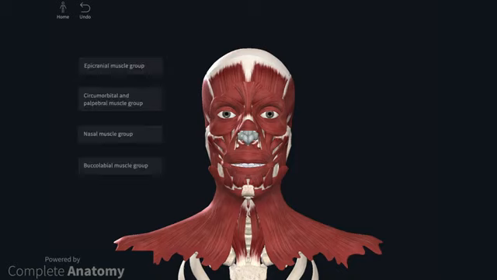The muscles of the face are often referred to as the muscles of facial expression, but perhaps have another, more important job, as they are primarily sphincters and dilators of the facial orifices. For this reason, they are generally divided into 3 or 4 functional groups, depending on the source. The attached article splits the muscles into 3 groups based on the functions of the muscles, and I will do something similar. However, I have included an extra group, the epicranial group, and changed the names slightly to account for